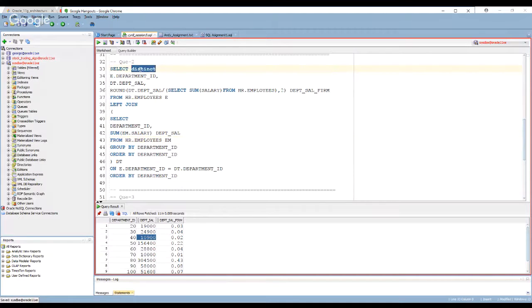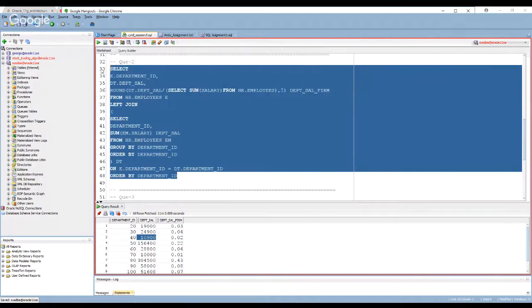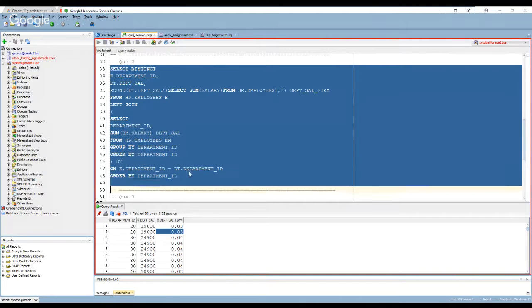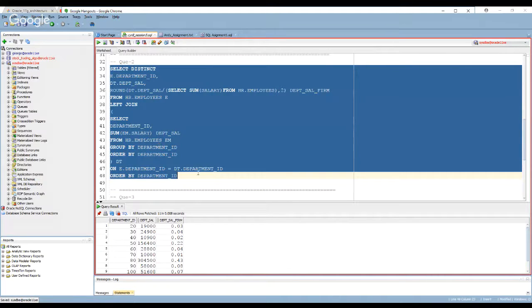But I hope you guys at least understand what I'm saying in terms of his output, which is he's repeating the department IDs and the salary and the total salary in that department and the salary by firm. And you basically can use distinct to then just filter it out to just say, for every department, give me the, so again, that's not the approach you want to use. However, it gives us an opportunity to learn a scenario where you can use distinct, okay, applied to a final result set.